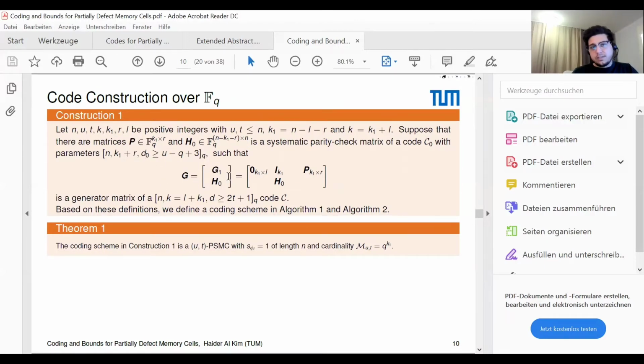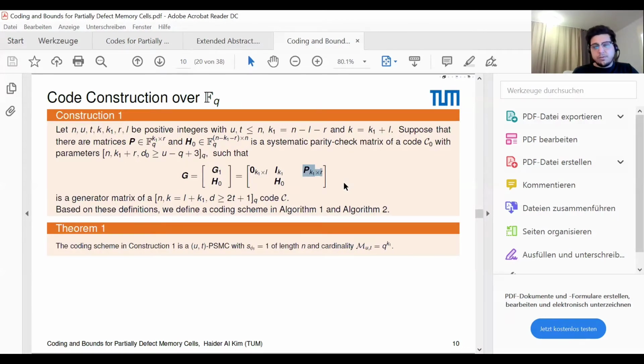So this is the condition here, and it's not easy to find. It is not easy to find the matrix P, which is hard in general, but for example, we can start with any well-known code, a cyclic code, BCH code, or Hamming code, for instance, and then we can do